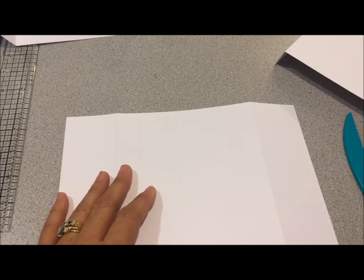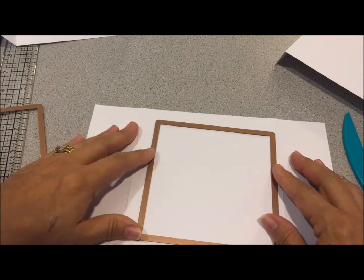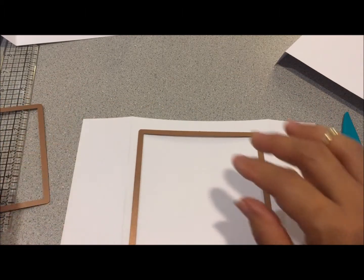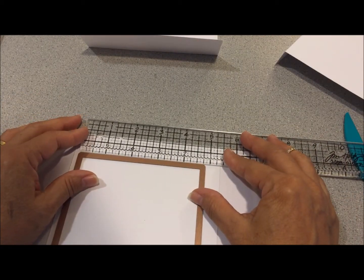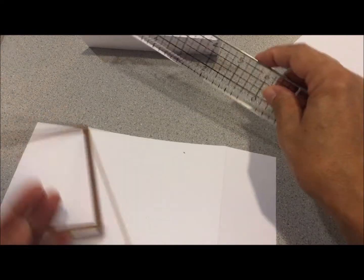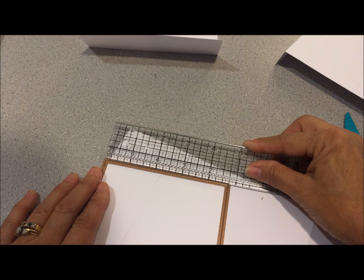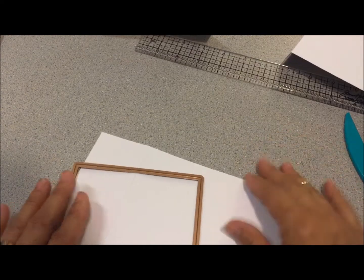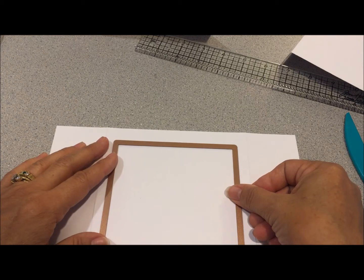So I picked out my dies, and this one, I've got this piece here, and let me just measure it in case you need to find out what the size of this die is. Let me see the cut line. Looks like it measures 4 3/4 for the cut line. So what I do next is I go ahead and center it,